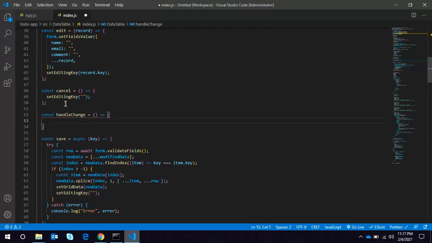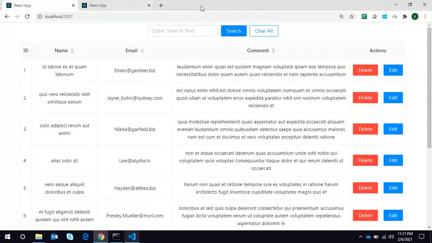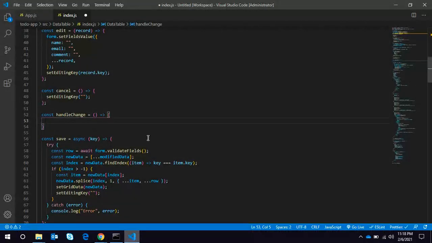This will be useful when we implement the functionality to reset all the order to its original position. It will have a bunch of props, a bunch of arguments, that's why I'm spreading. So let's see what we have here.